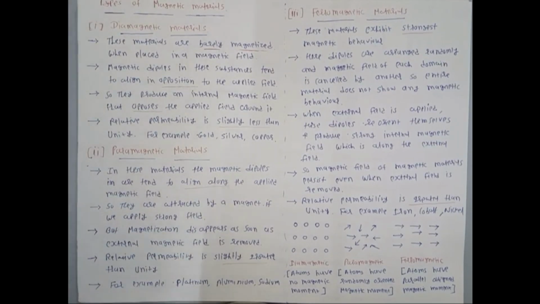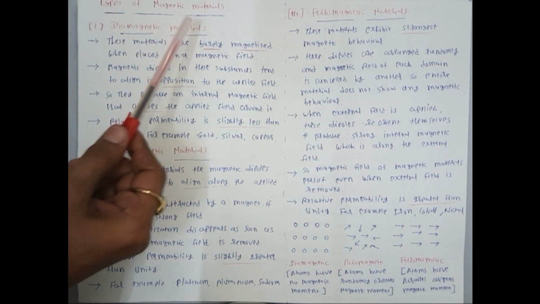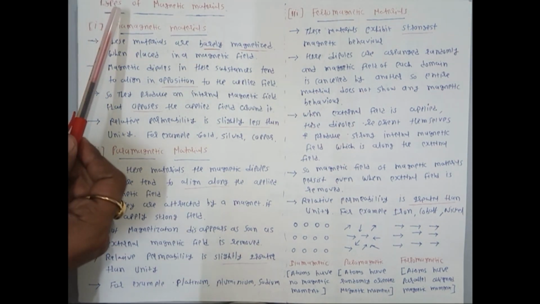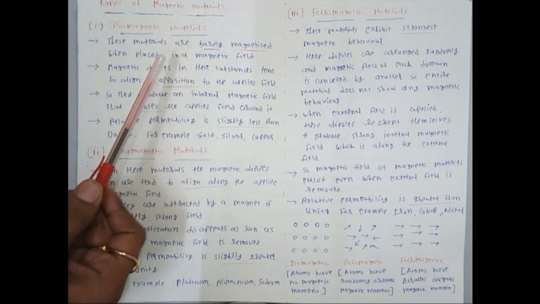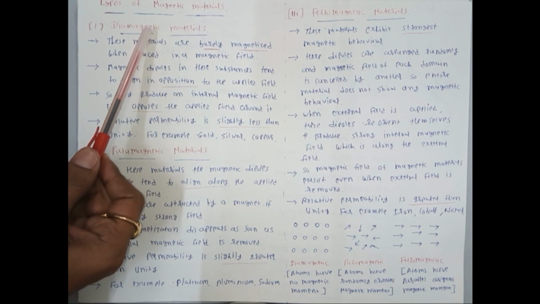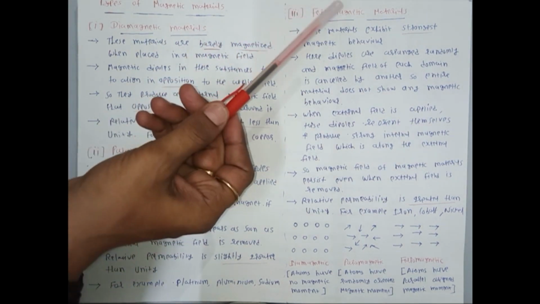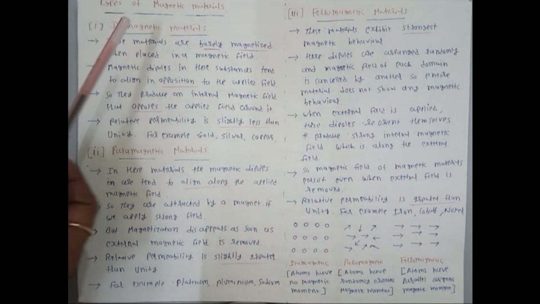Good morning, students. Today we will discuss two topics of chapter 3, transformers. The first topic is types of magnetic materials, and the second topic is BH characteristics or the BH curve. So we will discuss types of magnetic material. You have already studied these three types: diamagnetic material, paramagnetic material and ferromagnetic material. First of all, we will start with the diamagnetic material.